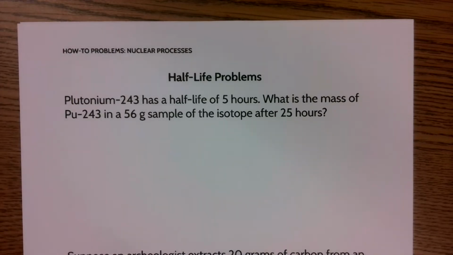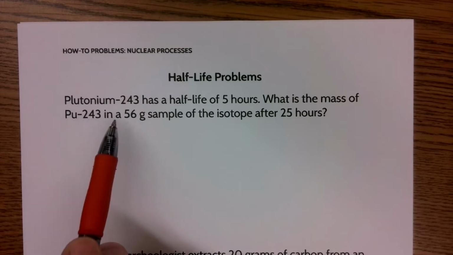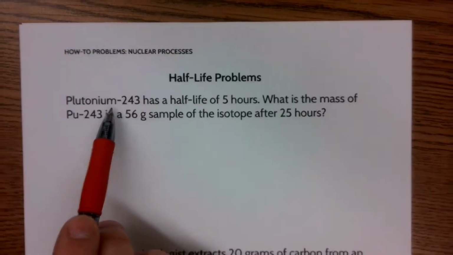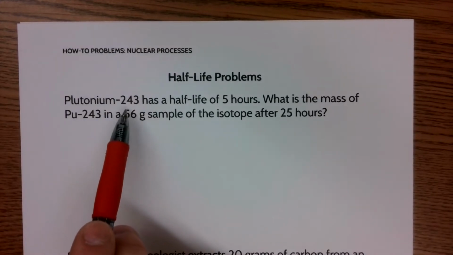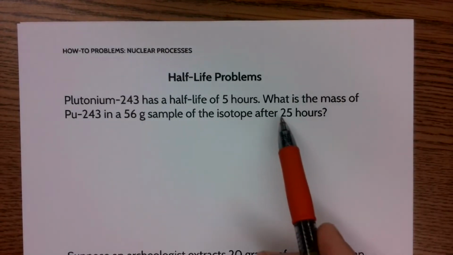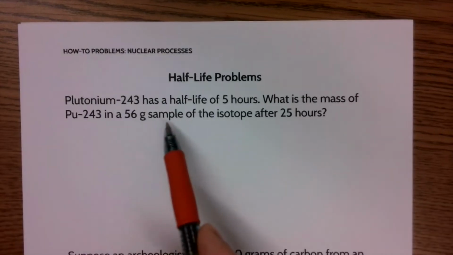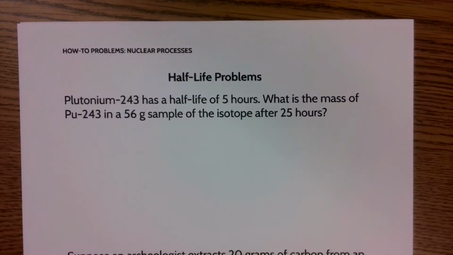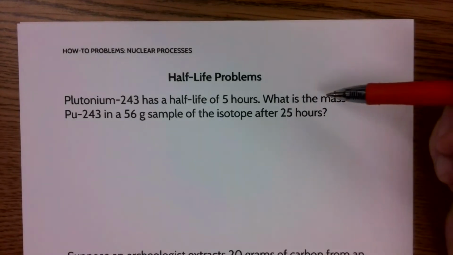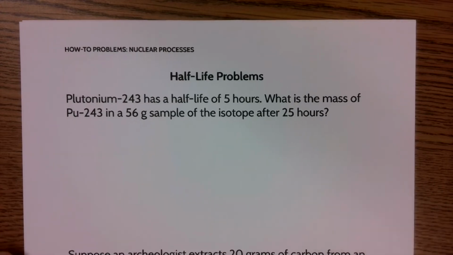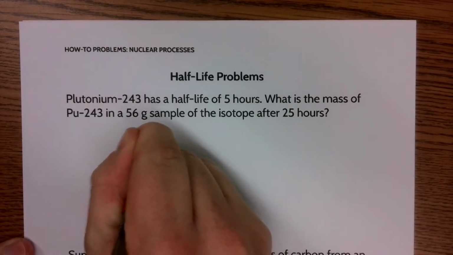Okay. So in this first problem, plutonium-243 has a half-life of 5 hours. So that means in 5 hours, half of this isotope of 243 will decay into something else. What is the mass of plutonium-243 in a 56-gram sample of the isotope after 25 hours? So it's going to go through a series of half-lives, and we want to know how much is left at the end. So when we do set this up, we're going to have a t-chart of a time